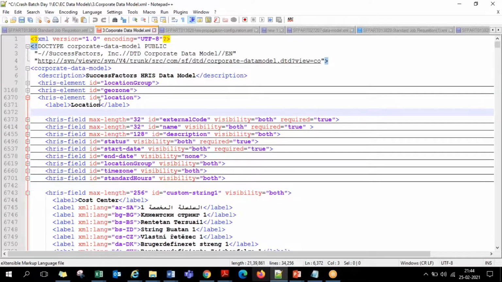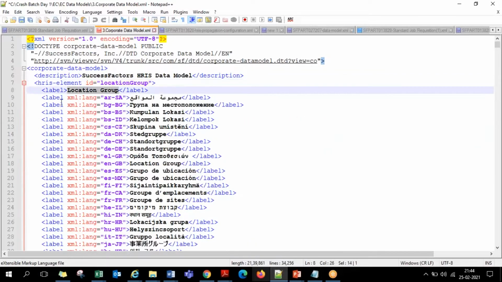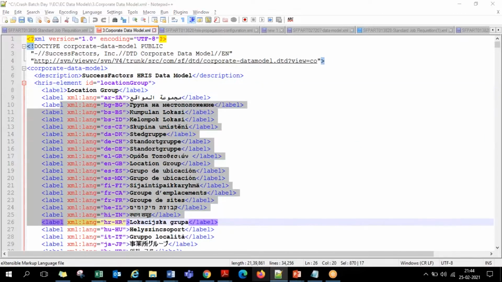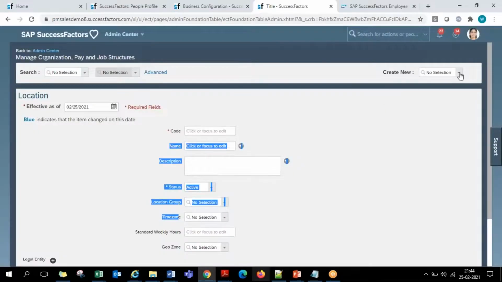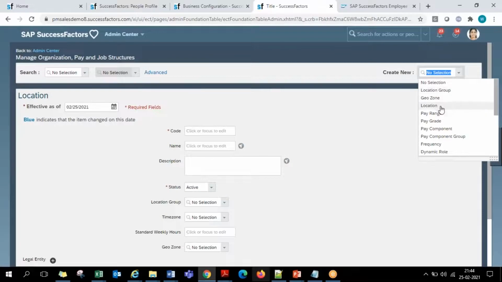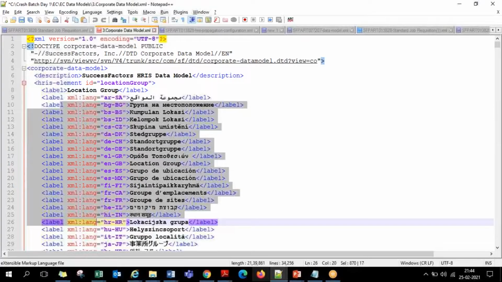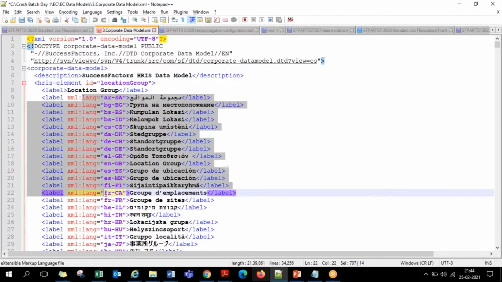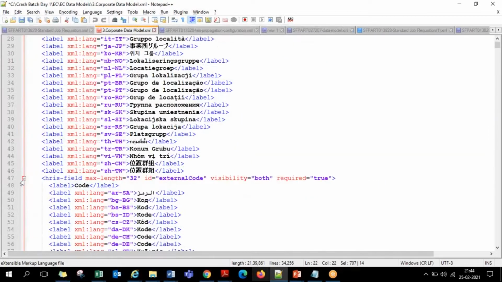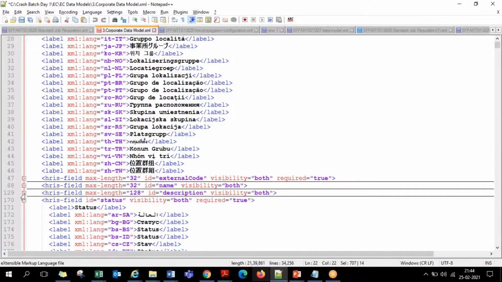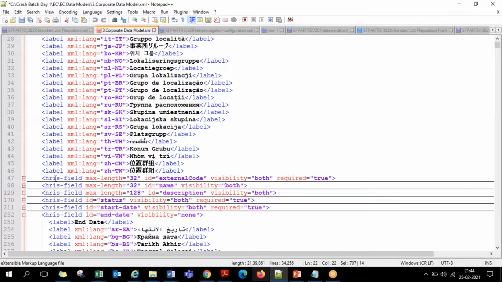Here I deleted it, but if I want, I can show you on location group. Location group is also one more foundation object. When you expand, you get the label and its translation. So here you have create new location group also. Location is the third one; before that, you have location group. When you click on location group, these 4 fields will be here. We expand the label and its translation first. Then after the translation, the location group level fields, those 4 or 5 fields, appear here like this.